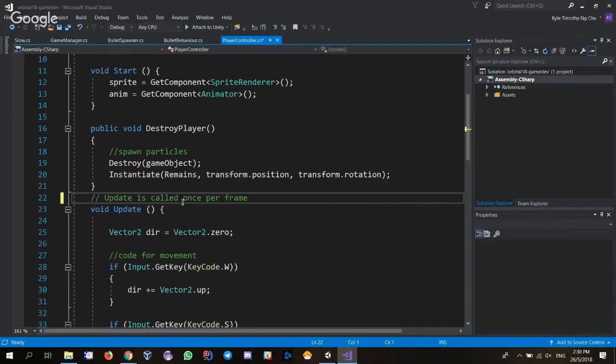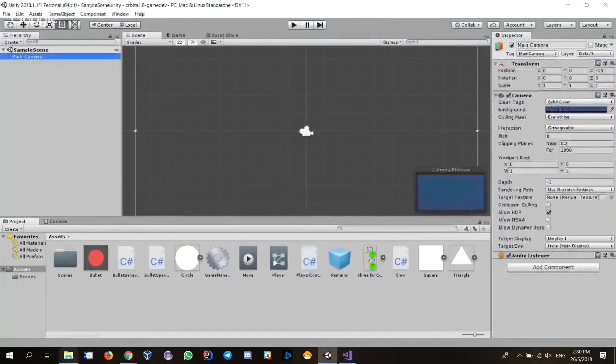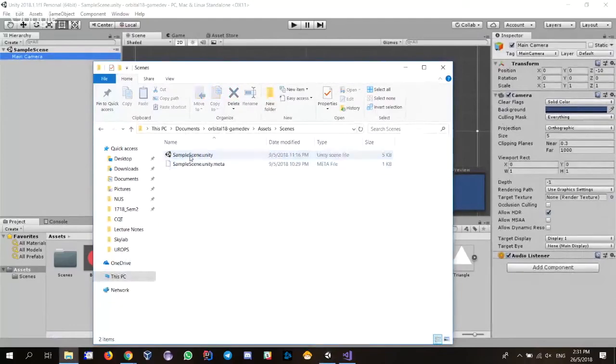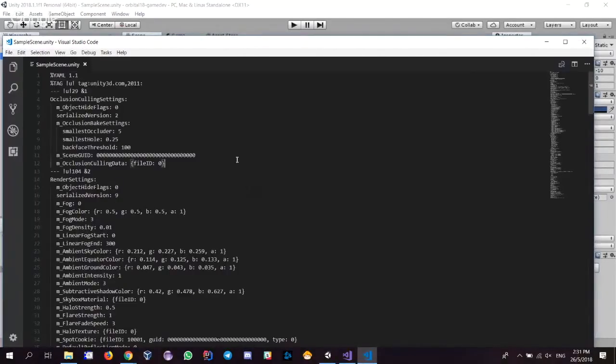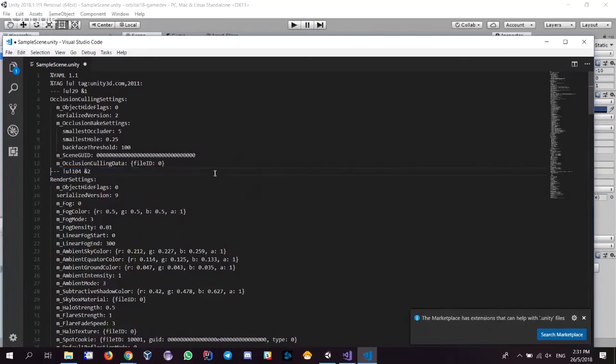But for the scene file, you have to actually... Okay, this is safe, right? This .unity file you can open with code, and then you'll see this thing there, and you'll be like, what does this all mean? So to be safe, try to work on scenes separately. If you do encounter a merge conflict on the scene,